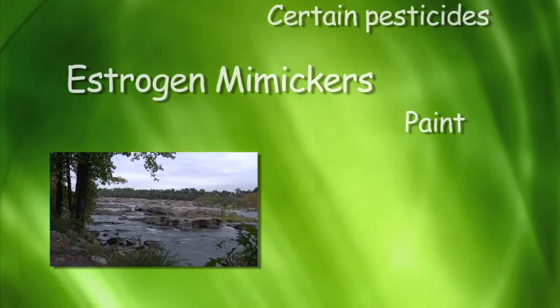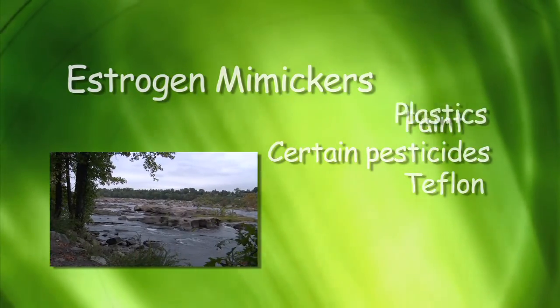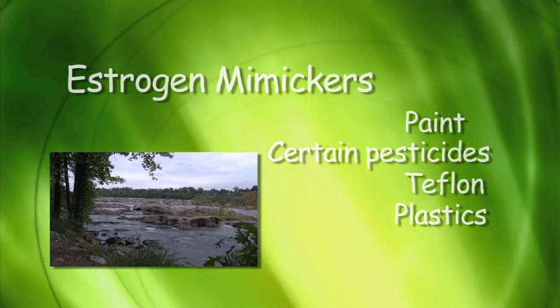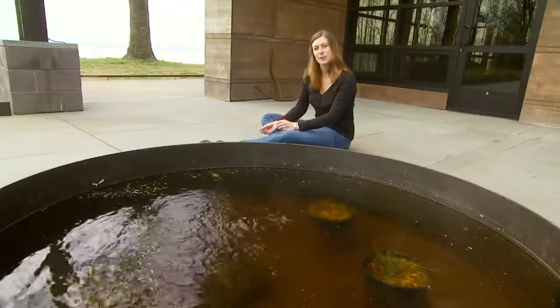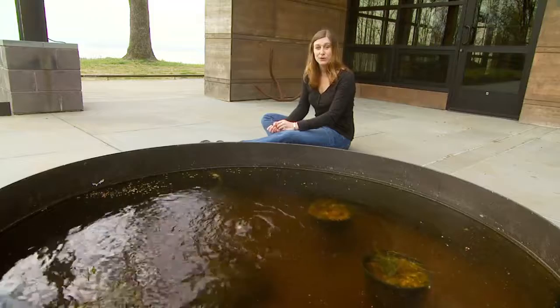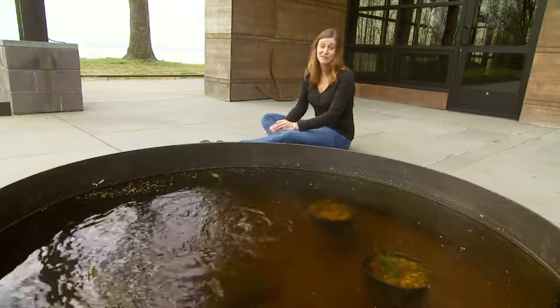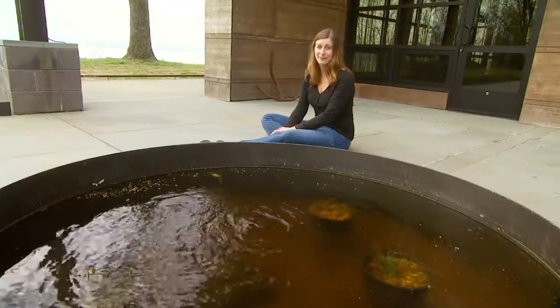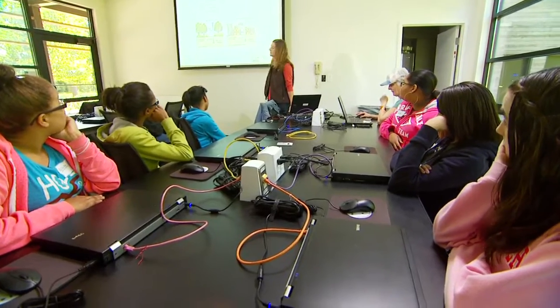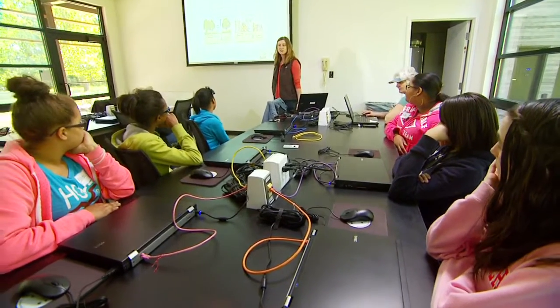And paint is an example of an estrogen mimicker. So if you have rain hit a surface and some of the paint gets pulled off of that, and then you expose your freshwater system to that, you could be changing the sex of these fish, and that can really affect a population. Runoff occurs when precipitation flows over land. So what are the different types